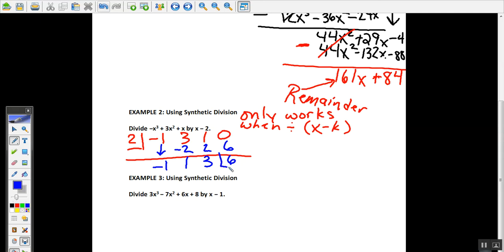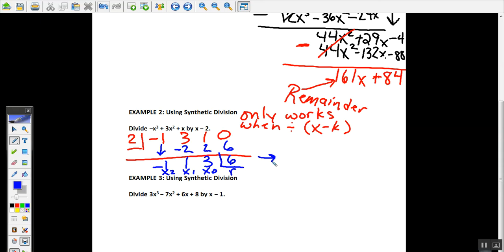Okay, now I want to show you something. When you get down here to that last column, put a box like that. That last column is like your remainder. The column before is like your no x's. The column before that is like your x to the first column. And the column before that, where we're at, is like your x to the second column. So what this is really telling me, kids, is this. This is saying